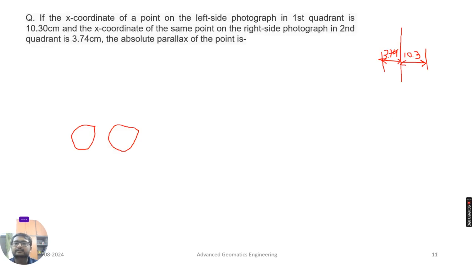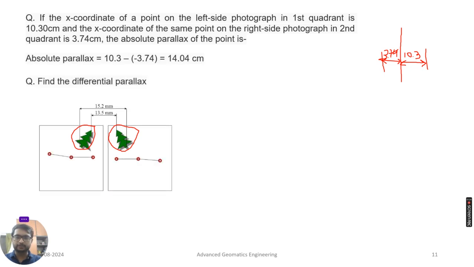Then after relief, we started with the parallax numerical. If one object is there and I see that object from a different viewpoint, I will see two different positions. The first concept is absolute parallax. If you keep your pen like this and close one eye and then the other eye, what is the difference between the positions which you see? That is the first difference I see in the first quadrant, and the second one is in the second quadrant. By doing the calculation,